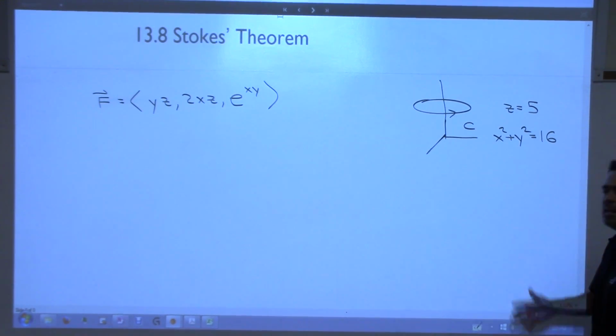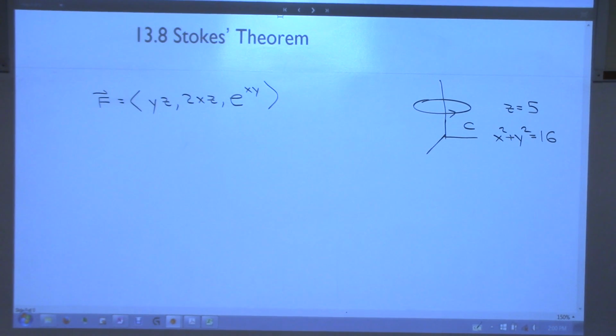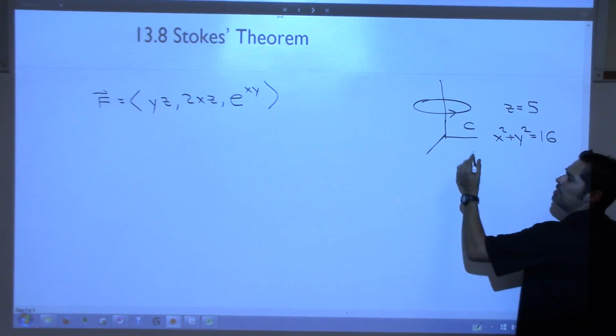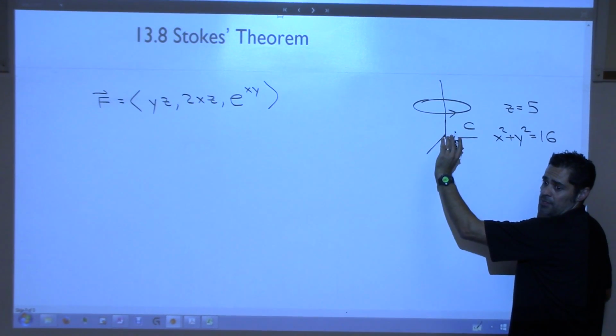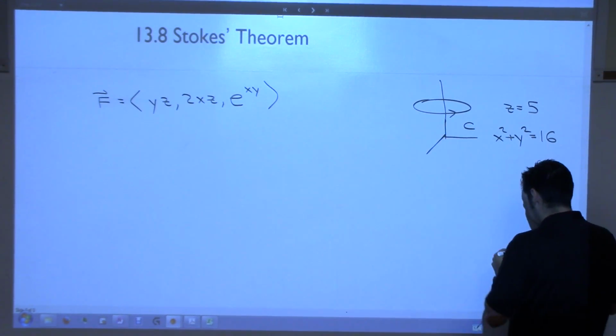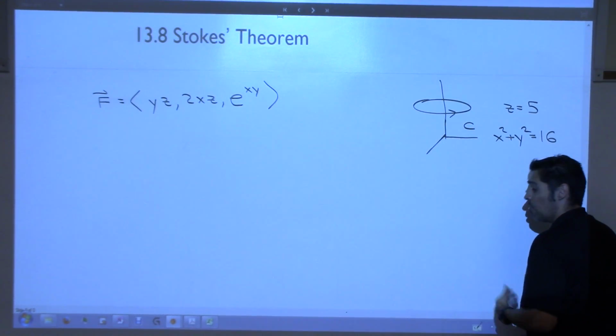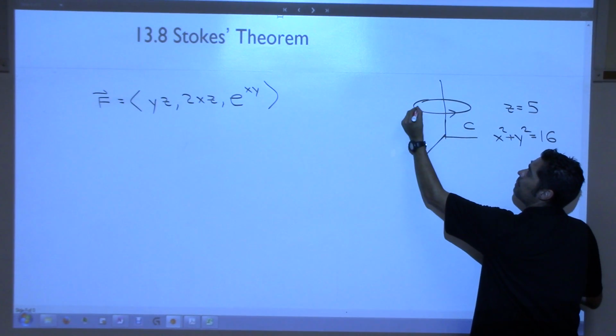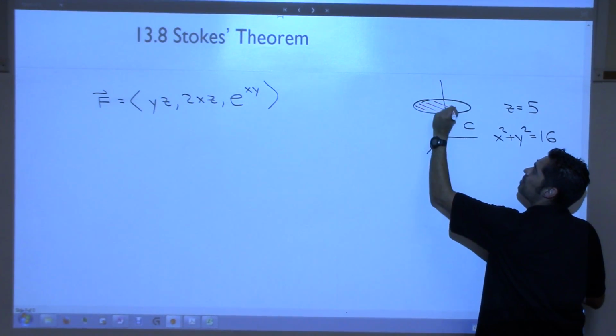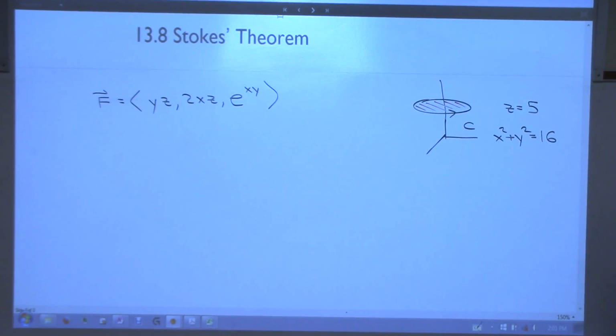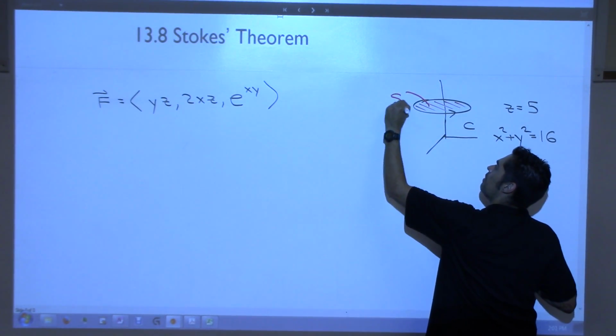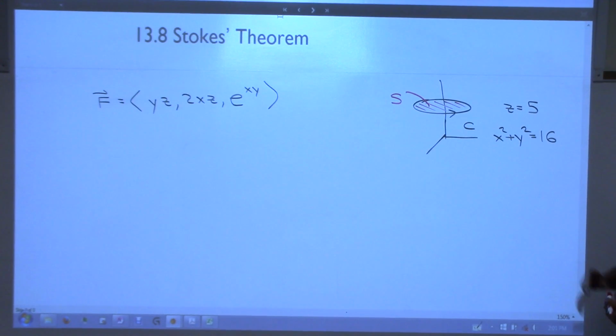So we wanted to do that. We did that. We got 80 pi. But Stokes' theorem says that if this C is the boundary of any surface, any surface, then a natural surface for us to look at here would be that flat disk in there. If I call this S, then instead of doing the line integral and the parametrization and the partials and all that,